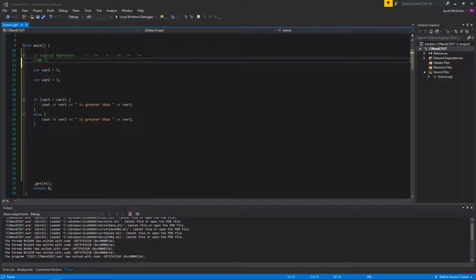So today we're going to go over ands and ors. Now there's bitwise and and bitwise or, which does something on a logic level in binary, but we're not going to get into that. We're going to do ands and ors as far as logic goes. Okay, and by logic I mean